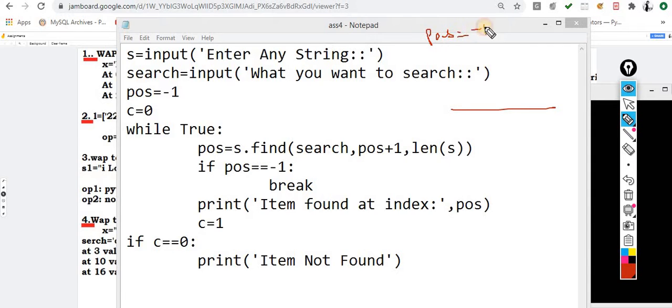The position is equal to -1. The meaning of that is I have to start from the 0th position, and I have to include this 0th position as well. But I am standing on -1. So -1 plus 1, what happens? It will jump to 0. It will jump to 0 because I have to check the 0 index as well, because sometimes my requirement is present on the 0 index.